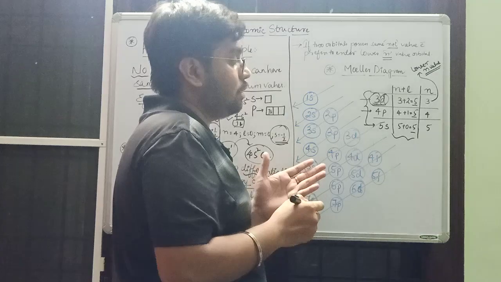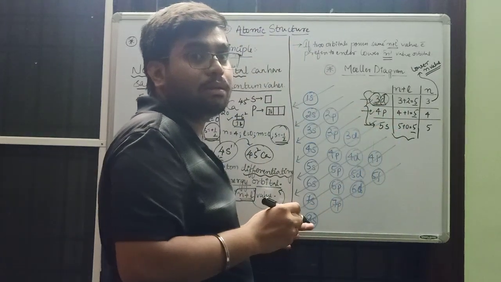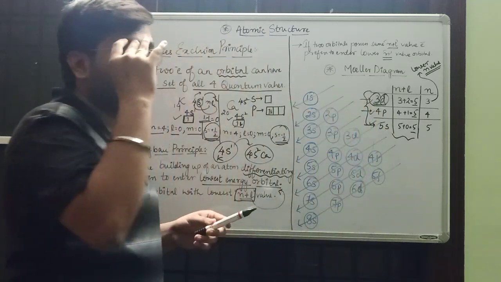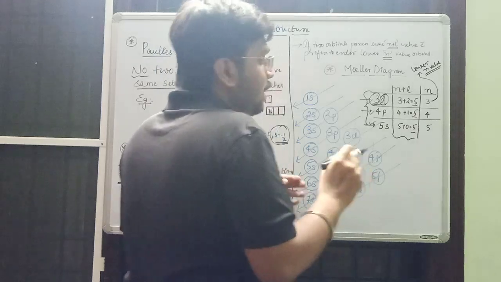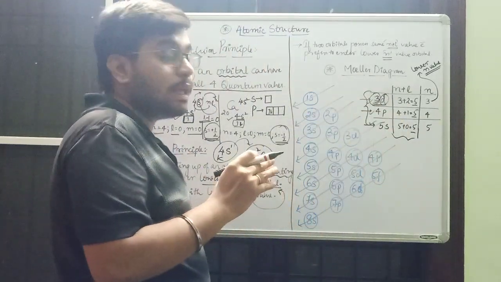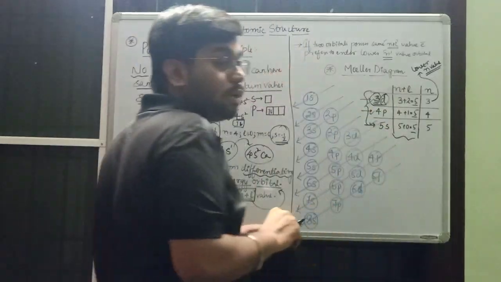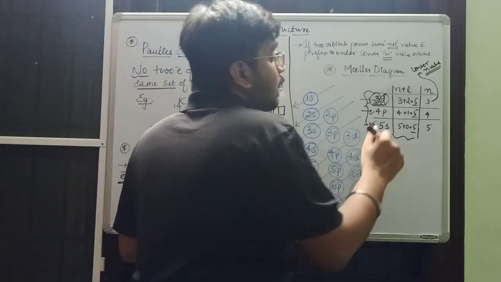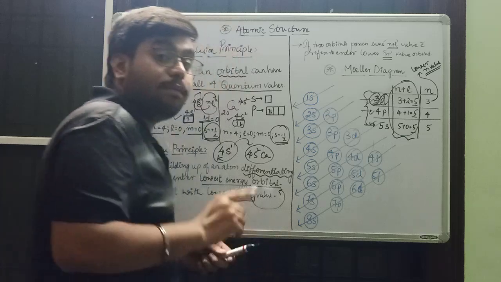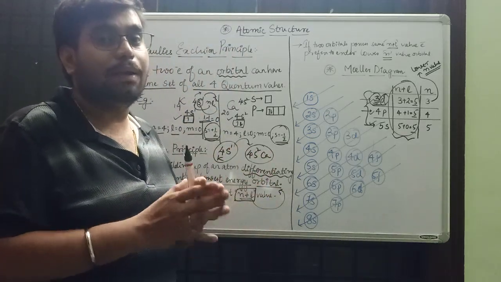Do I need to say this, that 3 is less than 4, and 4 is less than 5? No? Okay. Let us be more practical. That is the 3d orbital. The 3d orbital is where the electron will first enter, even if the energy levels are the same. When energy levels are the same, then the electron will enter the orbital having lower N value.